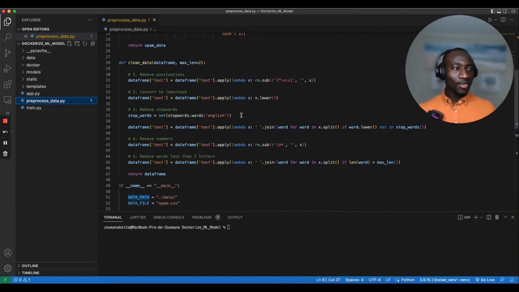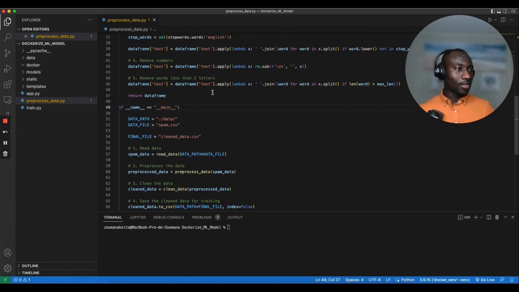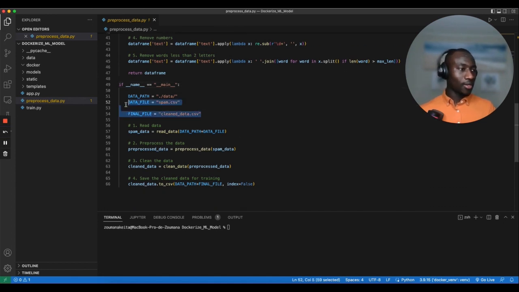And finally, we have the clean data function, which is going to run a lot of preprocessing steps like removing punctuation, convert to lowercase, and so on. And finally, remove words that are less than 2 letters. And in the main entry point, now we can run all these functions, the previous functions, with the variable here. And running this file, python